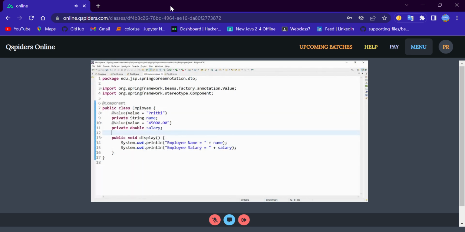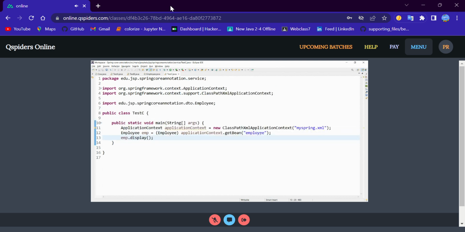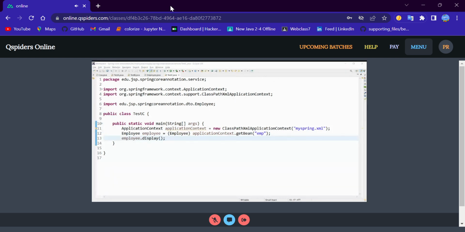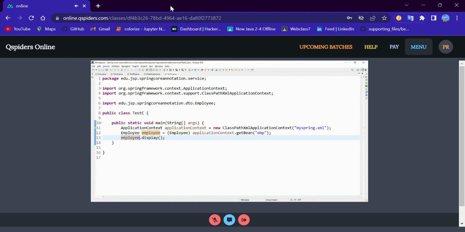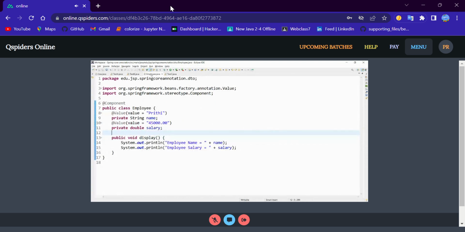Now in this example, I said I don't want to use this employee reference variable. I need to use a reference variable as emp only. Now let me use employee here. Whenever my IOC container is going to create an employee class object, I want that object to be referred by a reference variable called emp. To inform my IOC container,